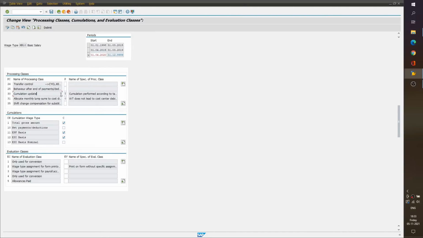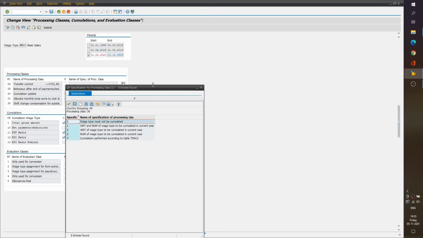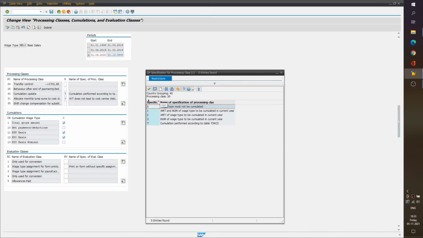So how should the accumulation happen? We know that there are different tables available in payroll results. One is RT, one is CRT. These are the two very useful tables where major information is stored corresponding to wage types. So when we see the options available over here, we have different accumulations. Whether we want to accumulate number or amount or both, and whether the accumulation should be for the current financial year. So if we use this, we can have different accumulations like monthly accumulations, quarterly accumulations, annual accumulations.